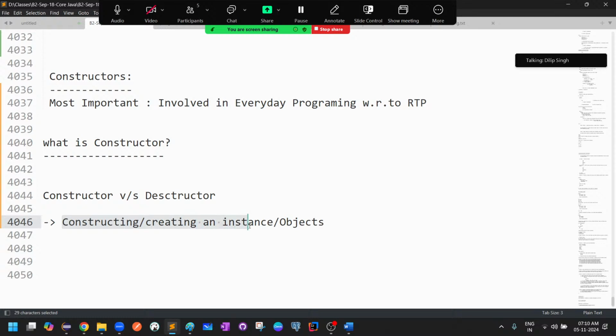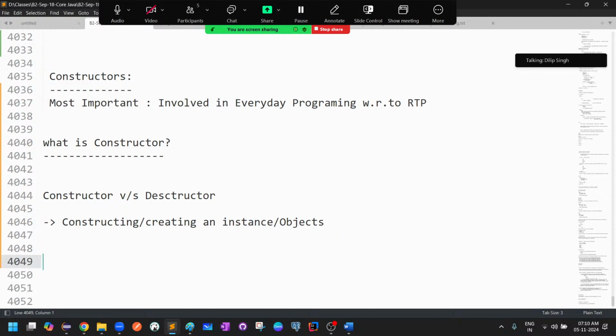Now the constructor is all about constructing an instance of an object. So what is the point of constructing an instance of an object? Why are we going to use constructors while creating the objects, and how are constructors behaving while creating the objects? We have to understand that. So there are two ways how constructors are involved in object creation. This is what we have to understand,